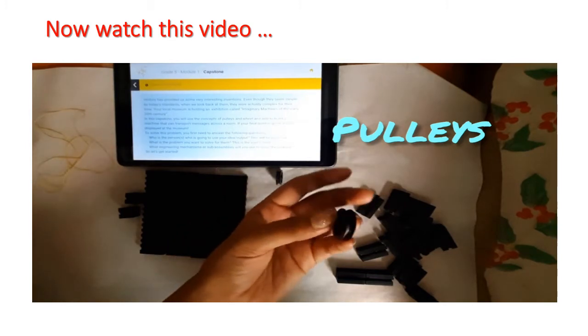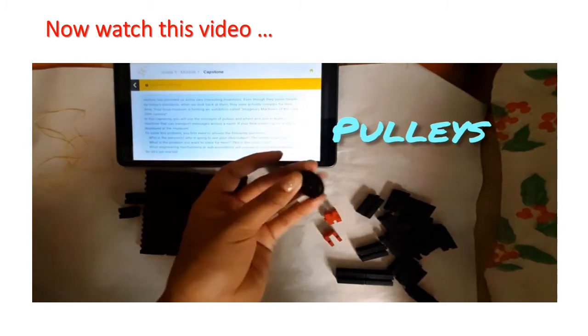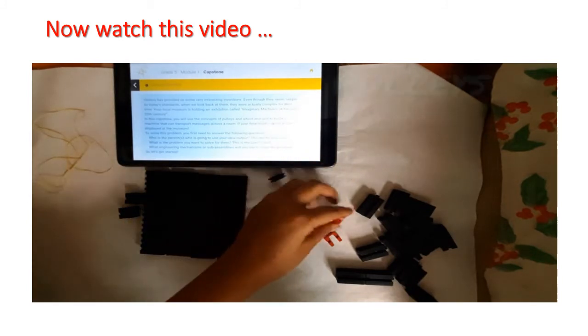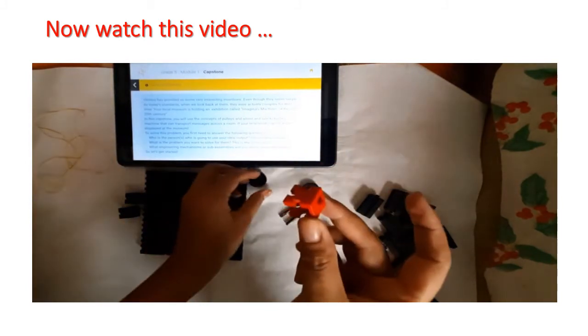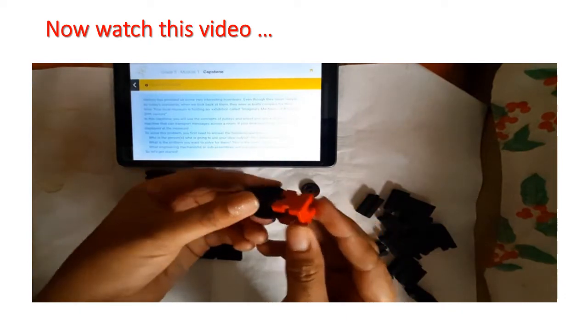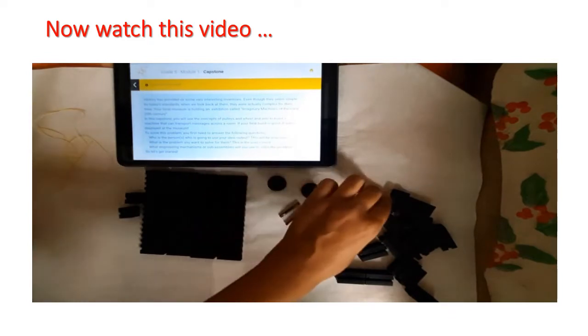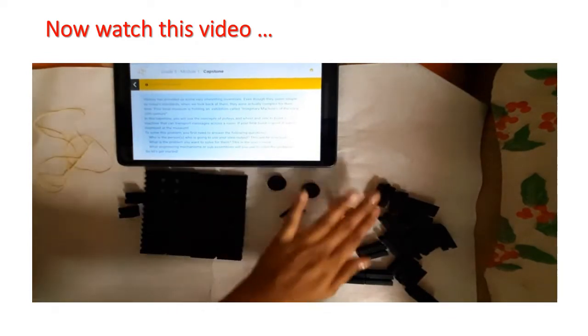This is a pulley, proper pulley. In our project 1 we used something else, but this is a proper pulley. This is roller bearing which is used to connect with the pulleys like this. This is building block 30.